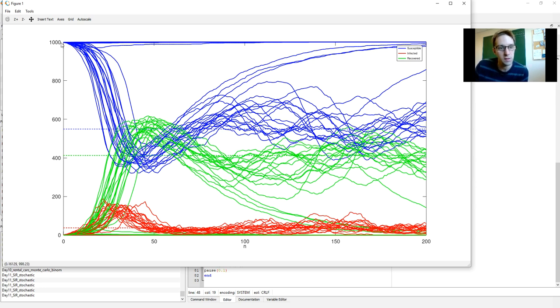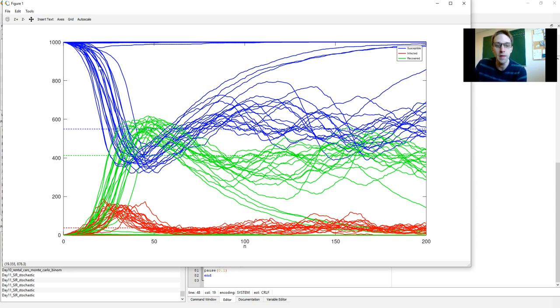Notice that, first of all, the initial drop in the number of susceptibles corresponds to the initial rise in the number of infected people, and it doesn't always happen at the same rate. That's a result of the fact that when you have only one person who's sick, when they get the next person sick has a great effect on when the disease spreads. And as long as the number of sick people is small, that early stage of the epidemic is very volatile. It's going to be very much dependent on how people interact and how unlucky we are with the rolls of the dice, so to speak.